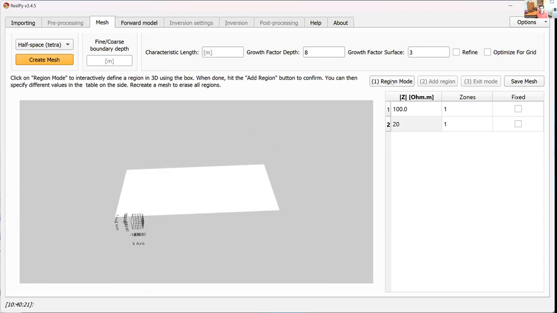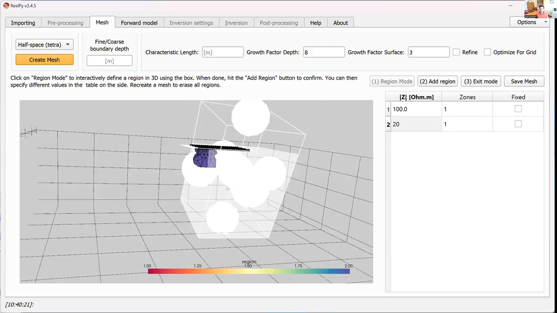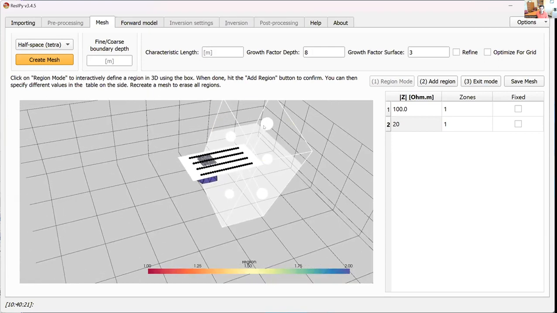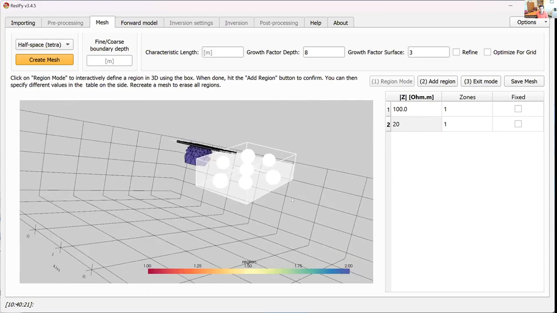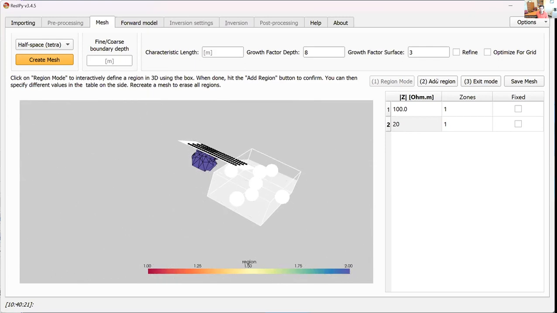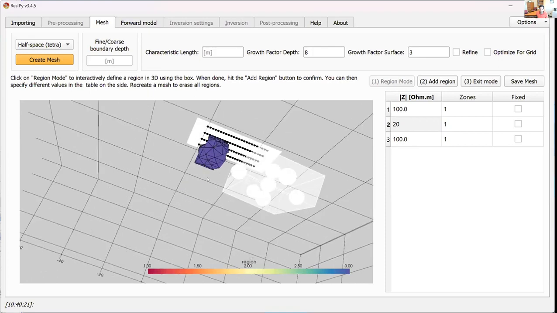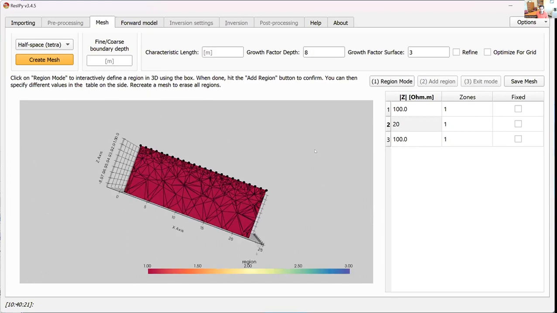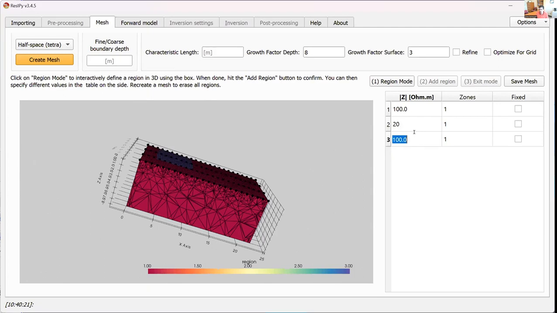Let's add another region. Let's make a different region that is really resistive, maybe far away from that. Okay, that should be enough. Add region, and didn't select anything. Exit mode. Okay, I think we have a bug here. Make it 500, and